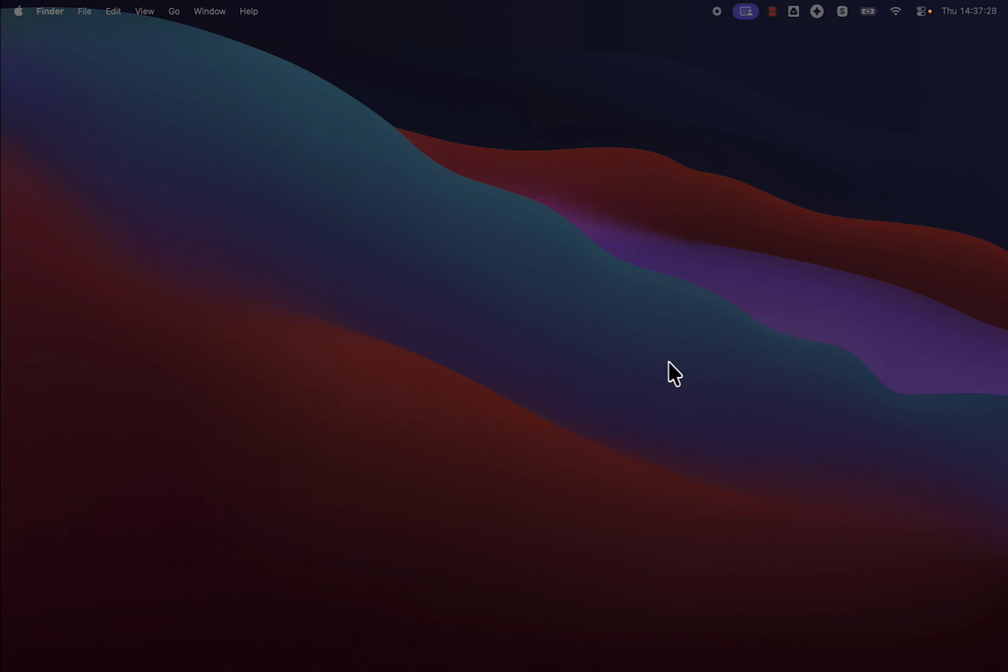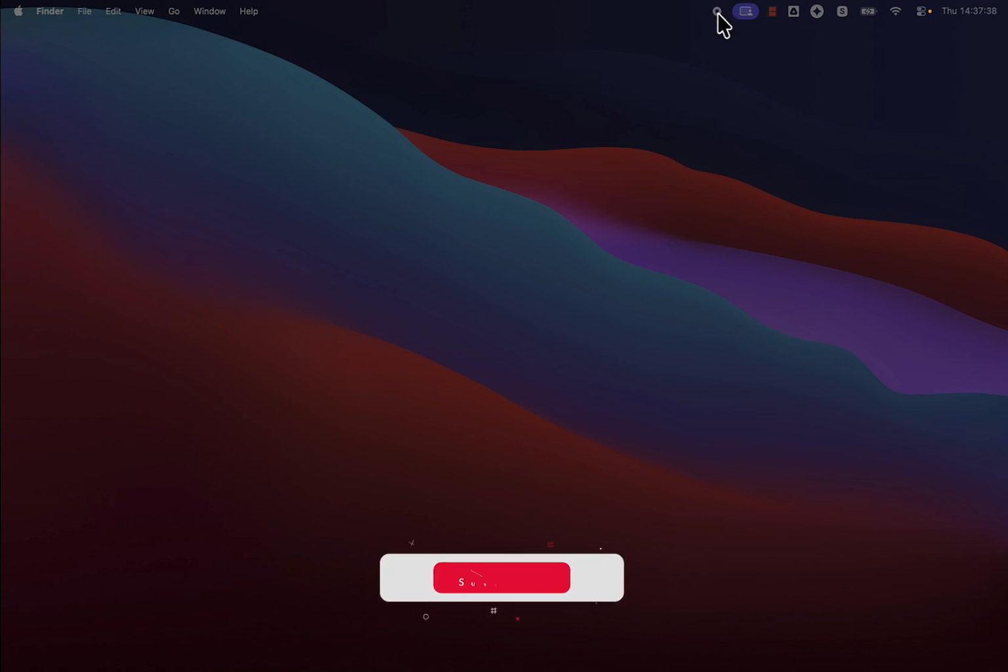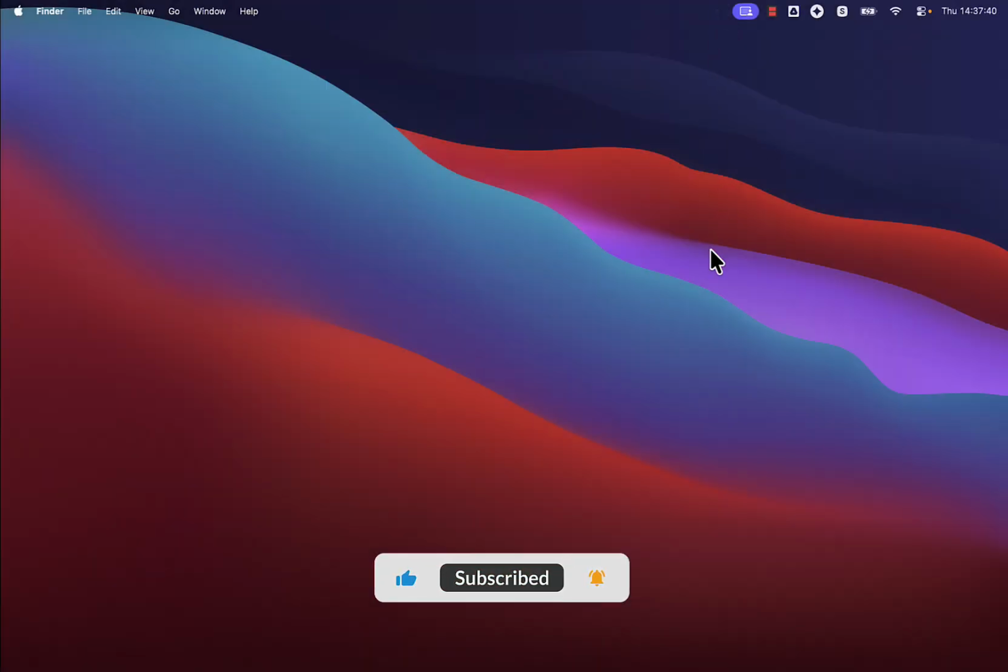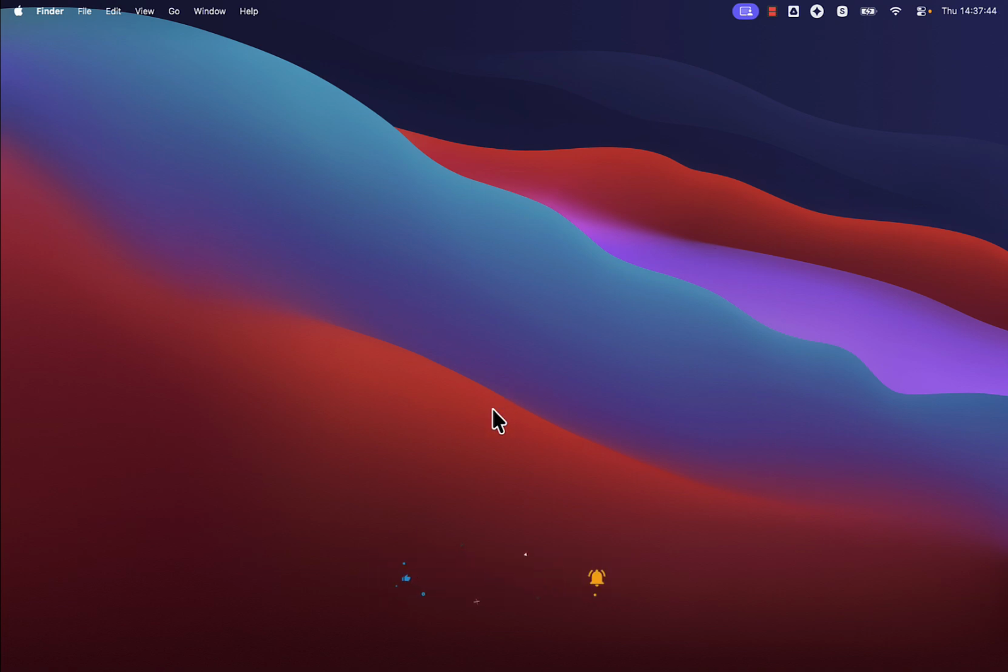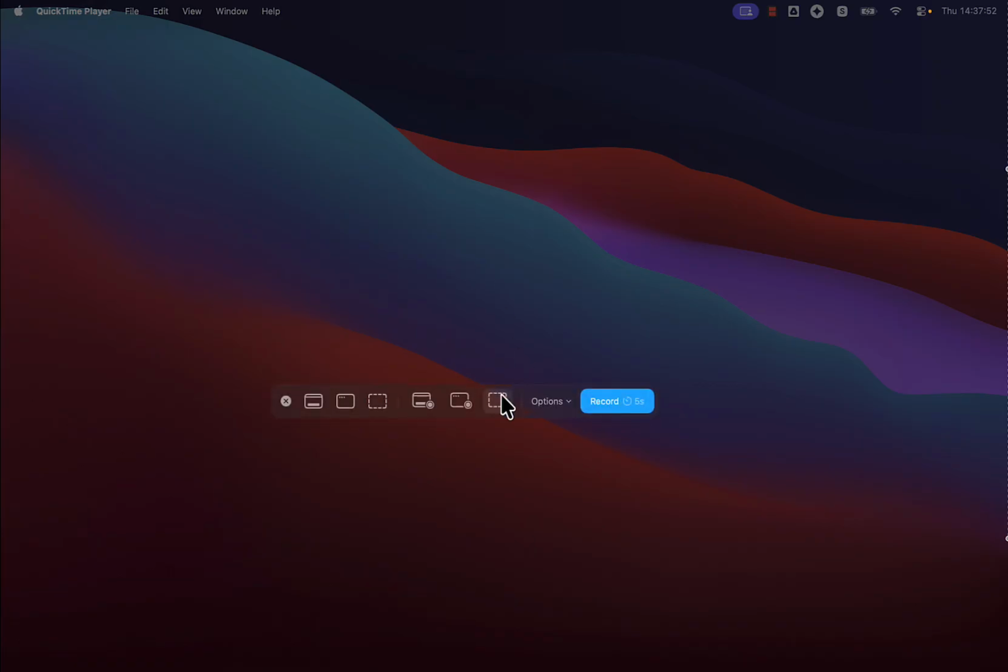However, if you want to stop the recording, which is the main motive of this video, what you can do is check out the menu bar at the top. Here in the menu bar you would be able to see this radio button at the top that you can click on, and it will automatically stop the recording. Alternatively, if you are using QuickTime Player for recording the screen, it will open up the same